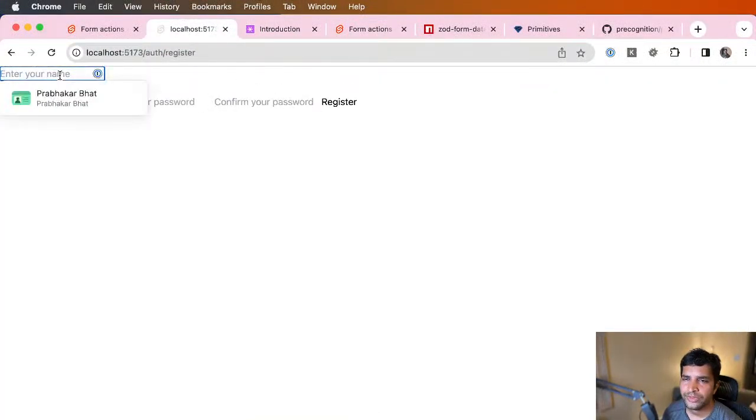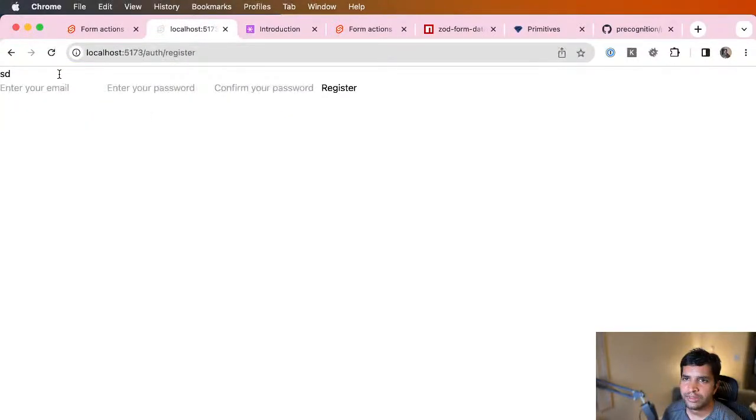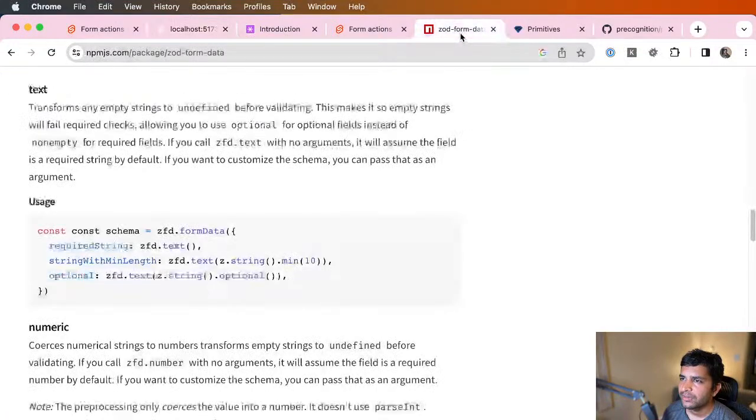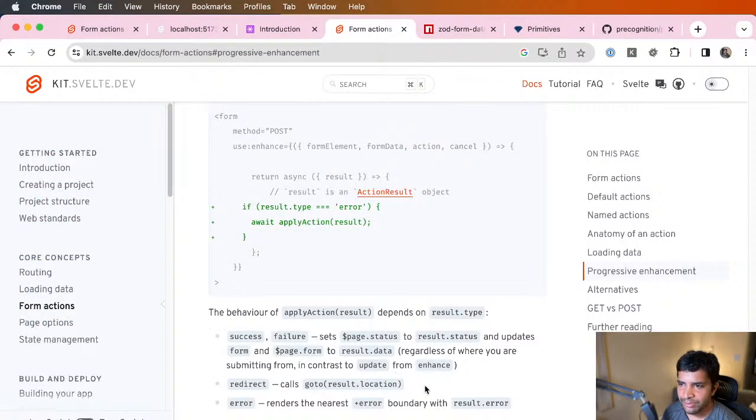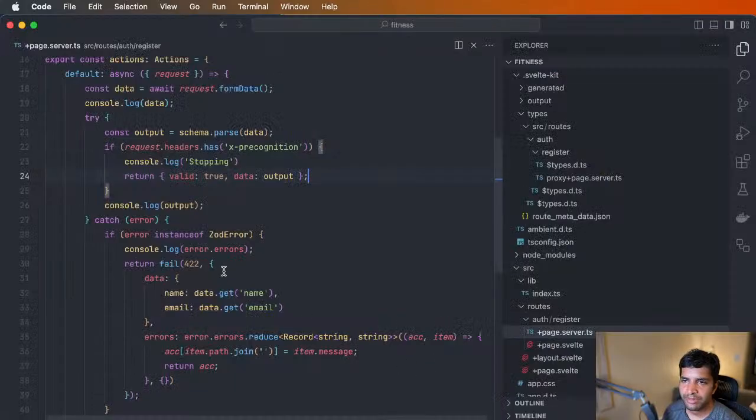So do this, get the error, focus is gone. I don't want it to lose focus. Just to be sure, if I don't apply action in case of success,